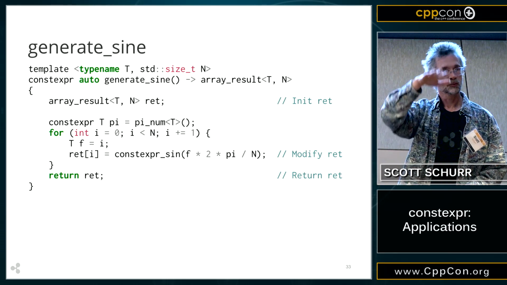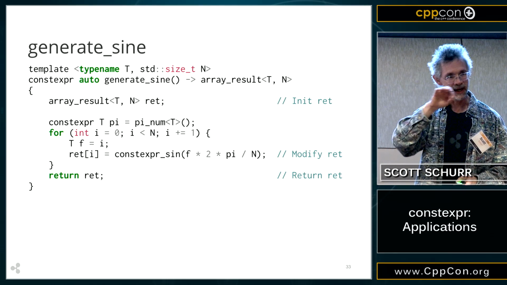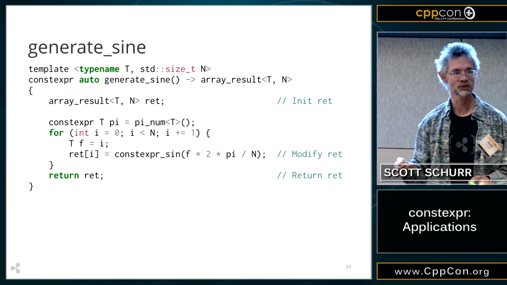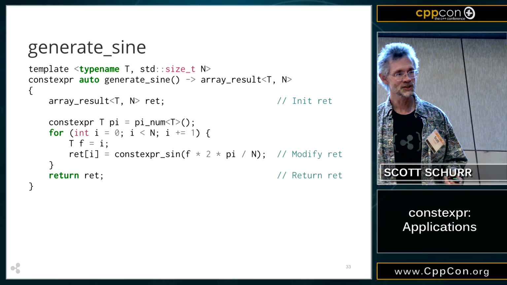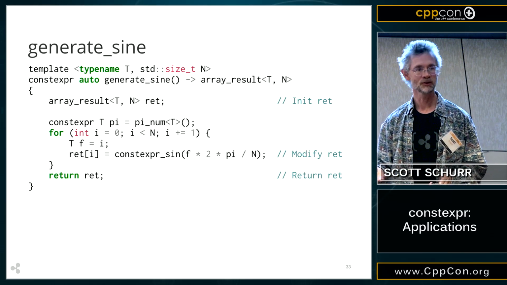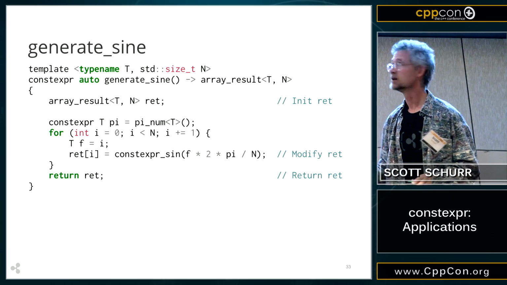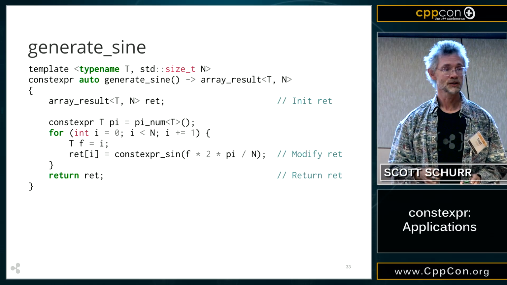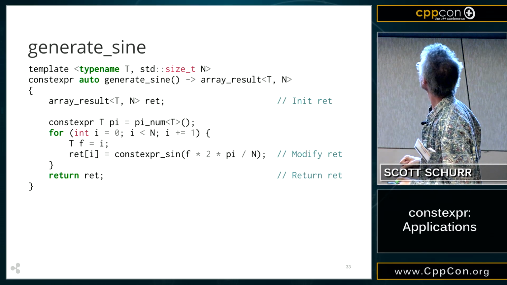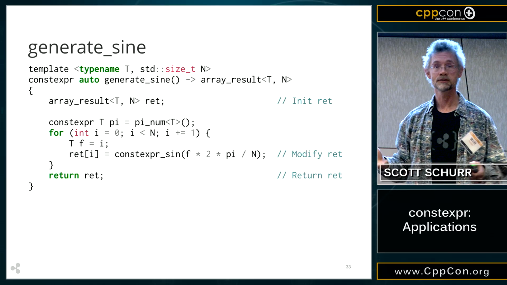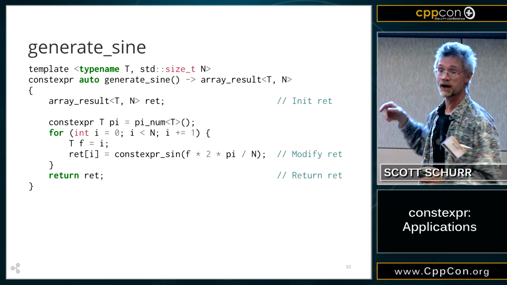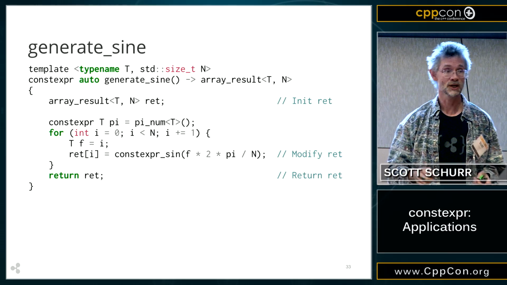So we had this array of values and we were filling it in by hand with generate sine all the time. And the nice thing about that was that if you misspelled generate sine, the compiler would stop you. But it's still a lot of handwork. So wouldn't you rather have a function that would return a sine table for you? So here we're going to make ourselves a sine table. We're going to get called with a size: how big a sine table do you want me to make? And then we're going to fill in the values by calling constexpr sine.